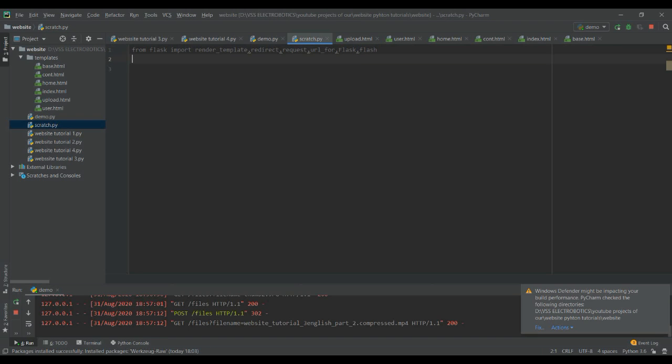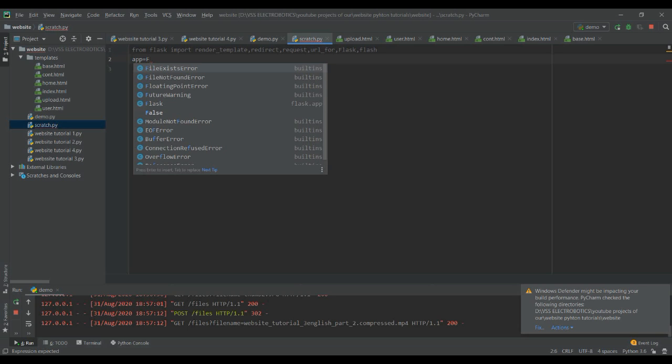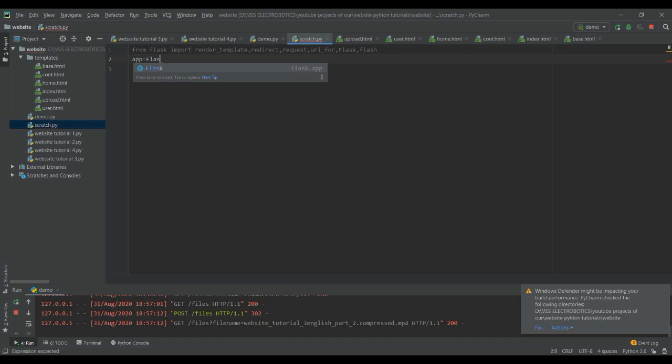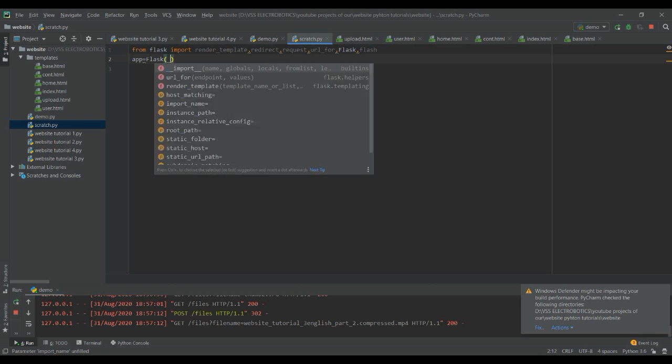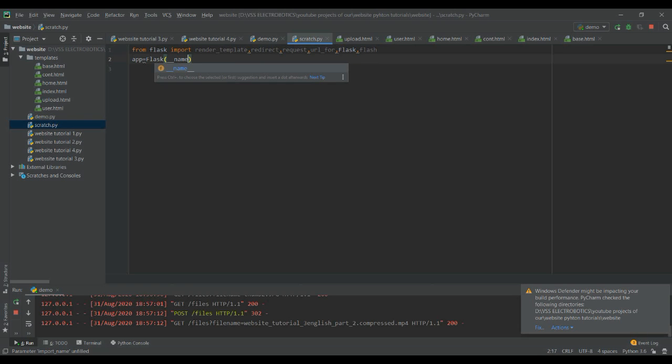After importing this, we need a variable to pass these things, so I'm creating an app variable. In this app variable, I am going to create a Flask object. In that object there will be a name, which is the main thing connecting the website and the Python, not the server to the client. So if it should be running, then